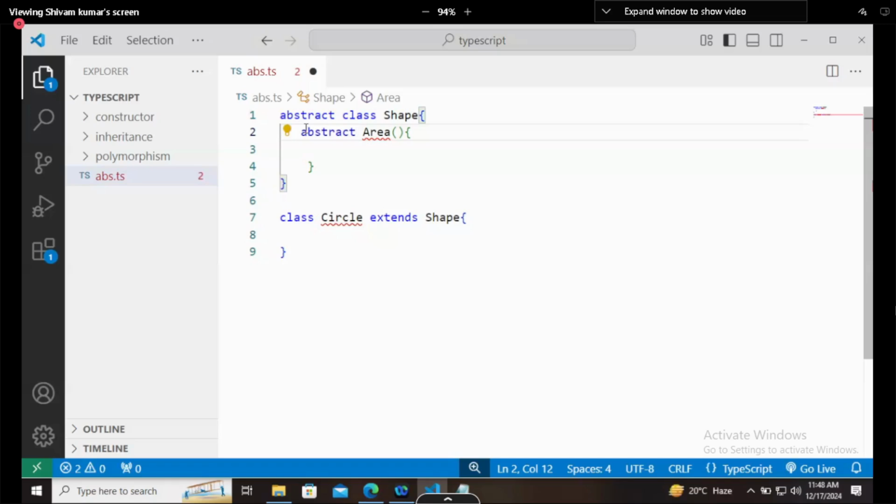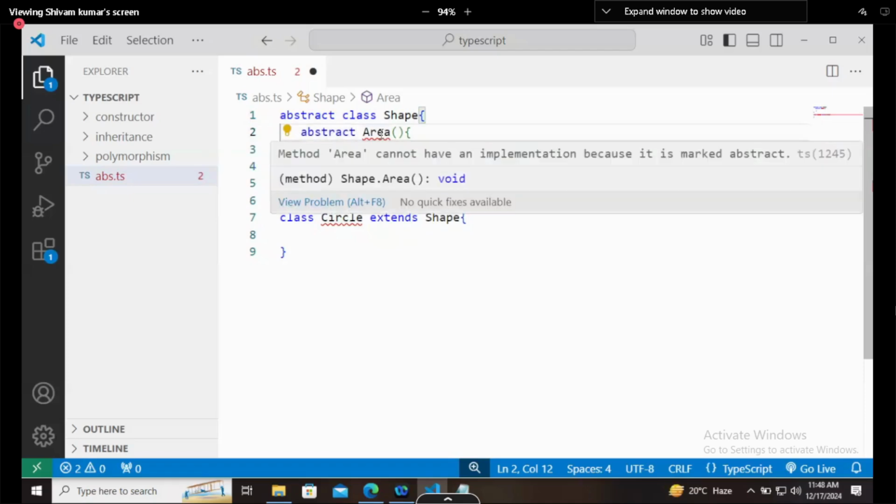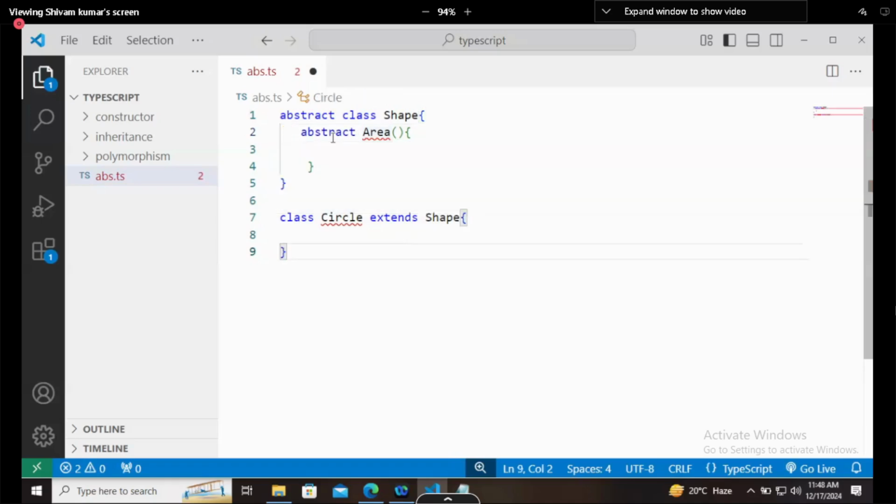Then we are getting an error on Circle and we are getting an error on area also. It is saying that method area cannot have an implementation because it is marked as abstract. Okay. So now let me first remove it.